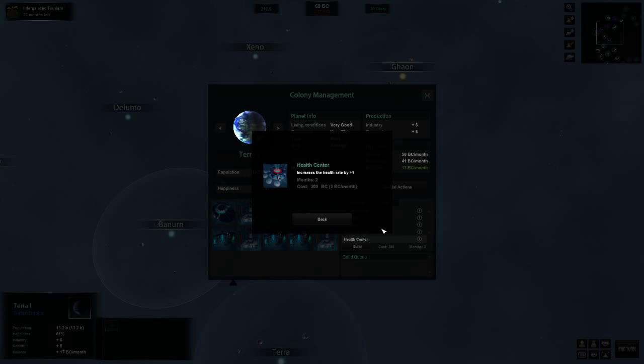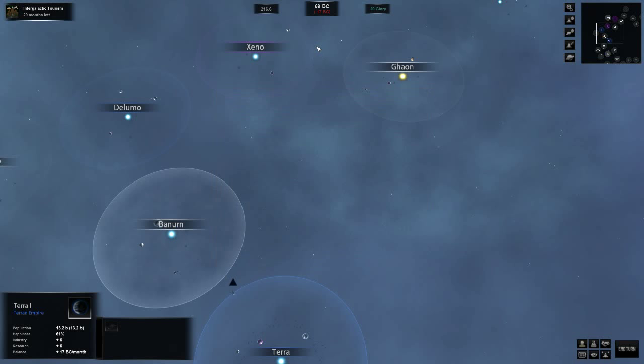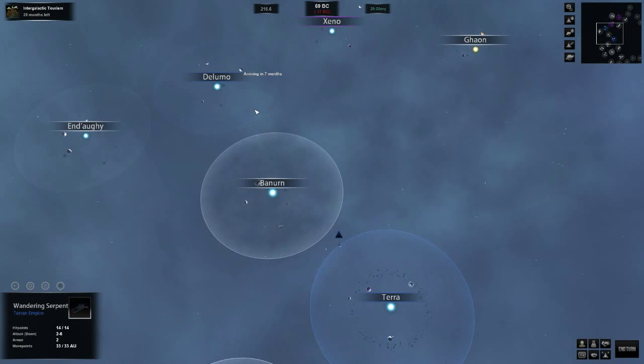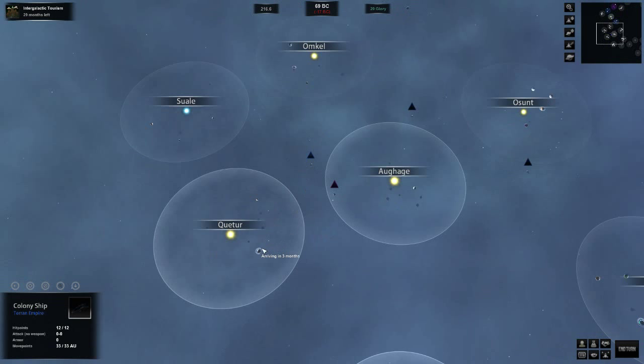Health Center. What does the Health Center do? Increases the health rate. Nothing we have starts with money. Oh my gosh. Minus 17. Oh my gosh. We are gonna freaking go broke. I'm trying to get these damn things landed so it doesn't cost us any maintenance on them, but...